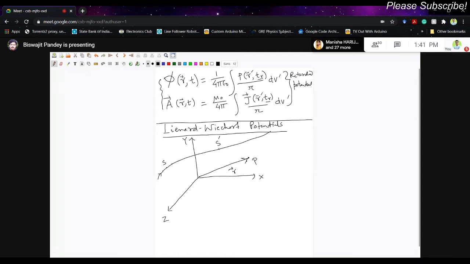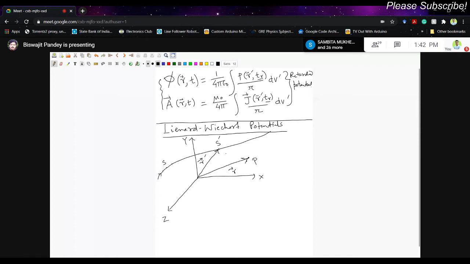And the coordinate of the source is, say, at this location, r prime. Now you can clearly see that r prime will vary as the point charge moves along the trajectory. The r prime will vary, but not the r vector, which is a fixed vector. It gives the coordinate of the field point, but the r prime vector will change with time because the point source is at a different location at different time.